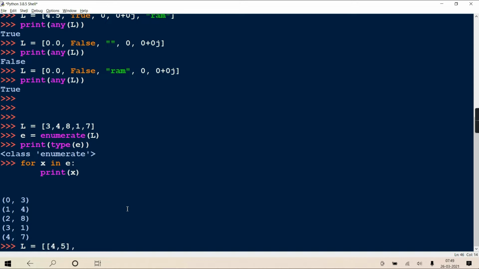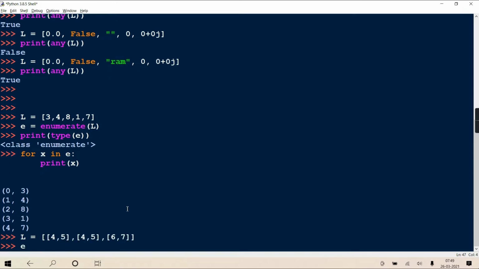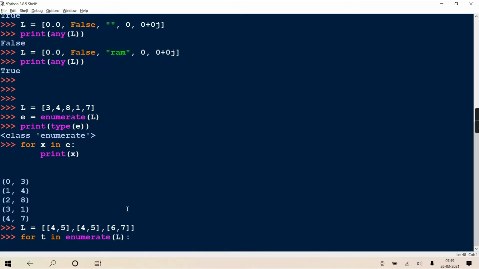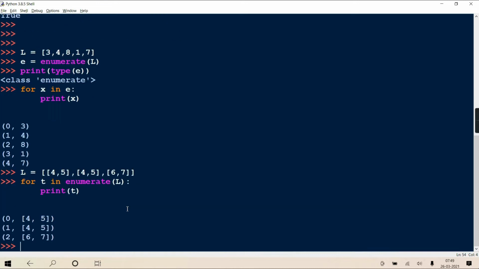Like if I'm writing it this way, and you're enumerating for T in enumerate(L), it will return the index along with that element. See, at the 0th place there is this element, at the 1st place there is this element, at the 2nd place. So it just gives you the element along with the index.